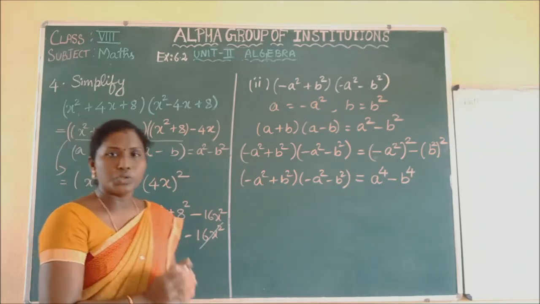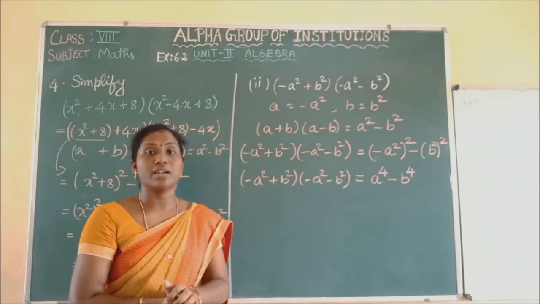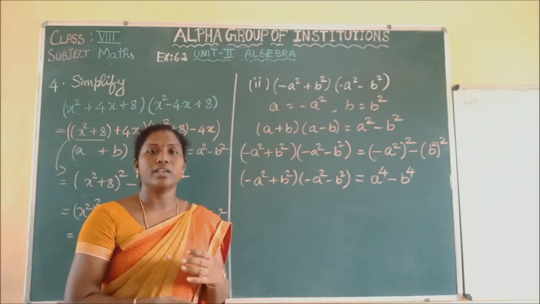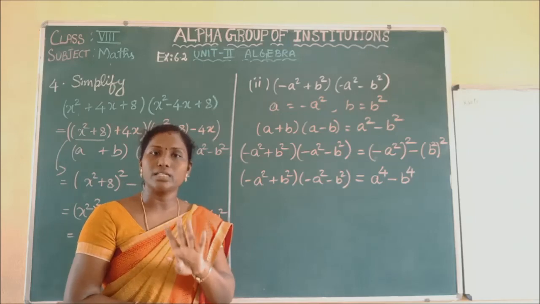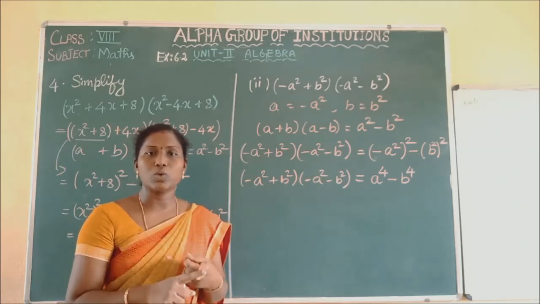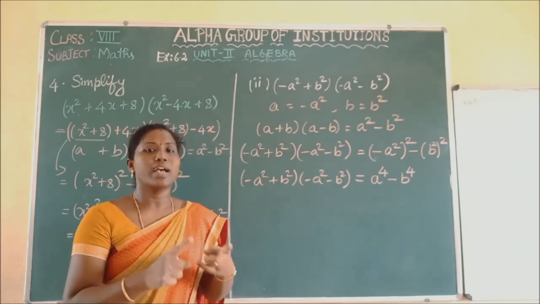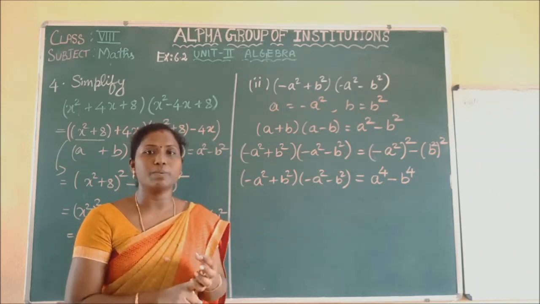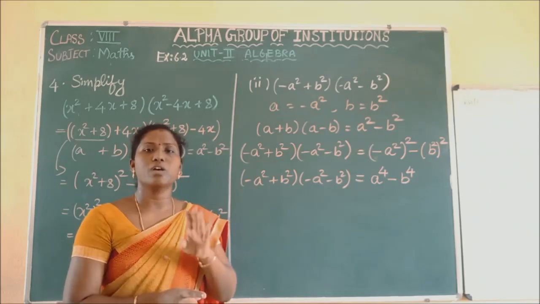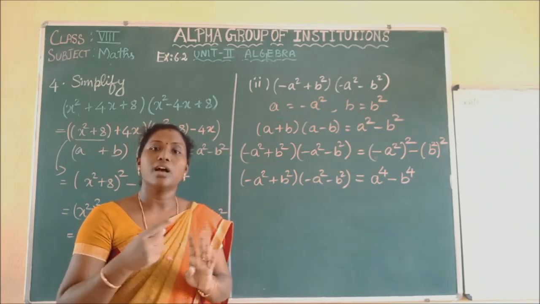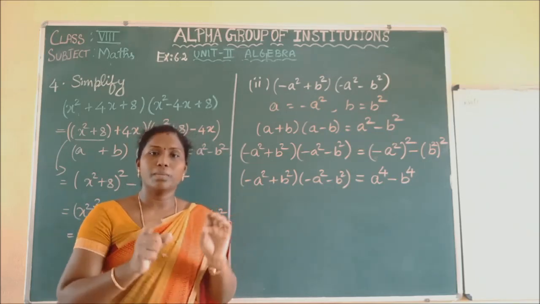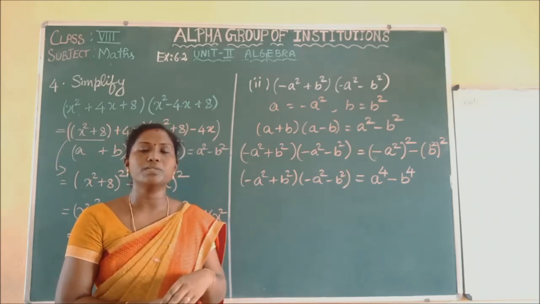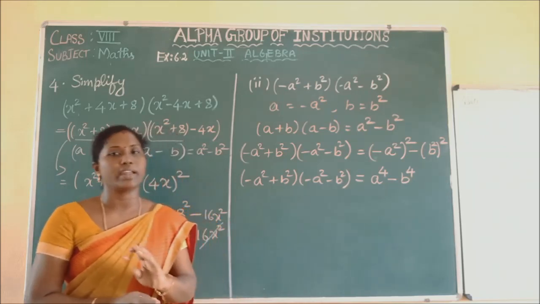Okay. So today in this section we have started the algebraic identities. I told you only the 4 algebraic identities: (a plus b) whole square, (a minus b) whole square, as well as the (a plus b)(a minus b) identity, and the (x plus a)(x plus b) identity. You have to be thorough with these 4 identities. There are many algebraic identities, but in this section we have discussed only these 4 and solved problems based on them.